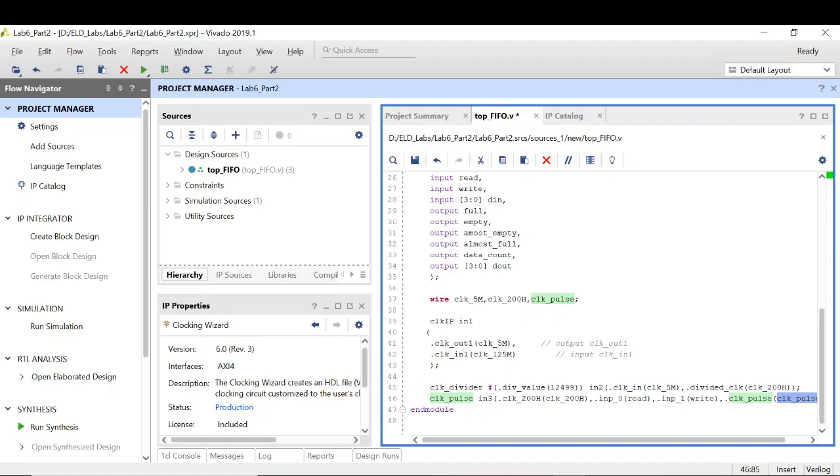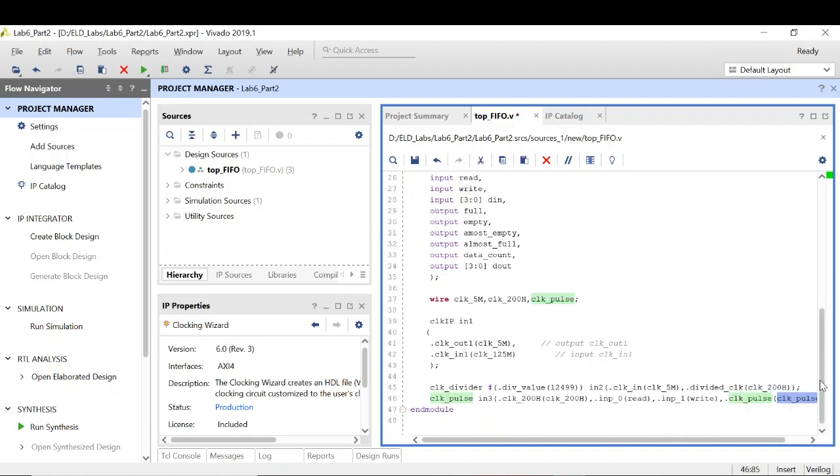As soon as you press the write button, a clock pulse will be generated, and at that clock pulse, your data will be written to the FIFO memory. Similarly, for the read operation, you simply have to click the read button, and then your data will be put on the D out bus, right? Okay, so these things are done.